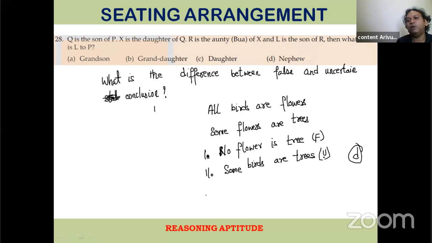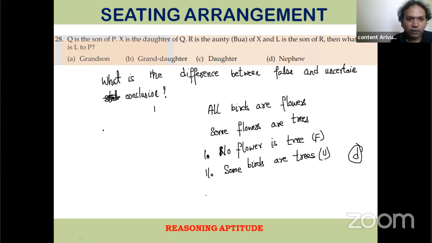Now, this particular example will give you clarity on the difference between false and uncertain. When we are solving a syllogism question, we are looking for true conclusions. When we say that something follows logically, that means that statement is logically correct. We are not looking for false, we're not looking for uncertain. In the case of false as well as uncertain, the answer will be D: neither one nor two follows. Only when we have two uncertain statements that satisfy particular conditions, then we give the answer as C, which is either or.